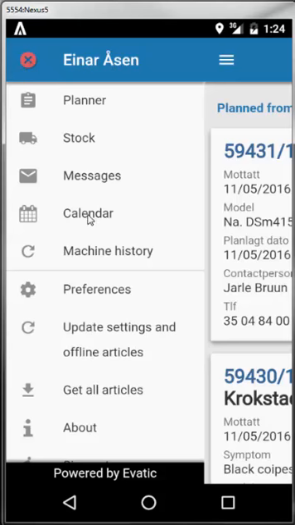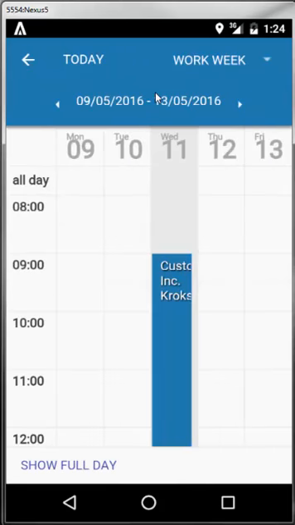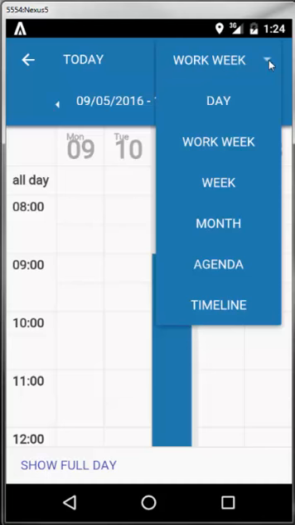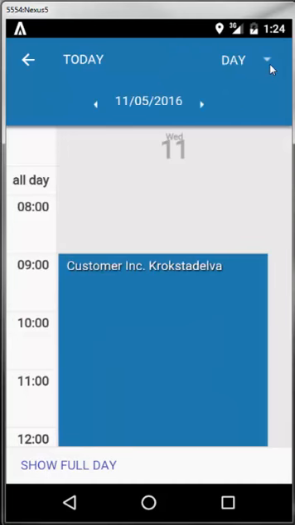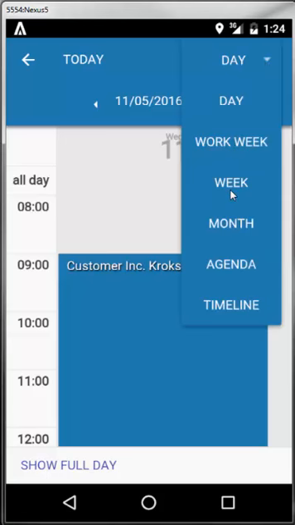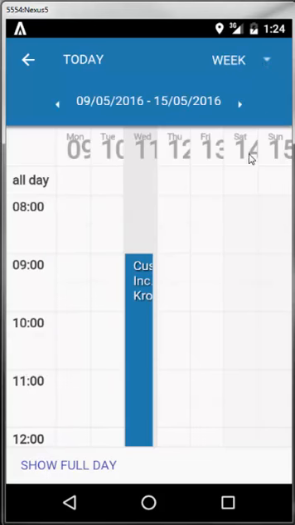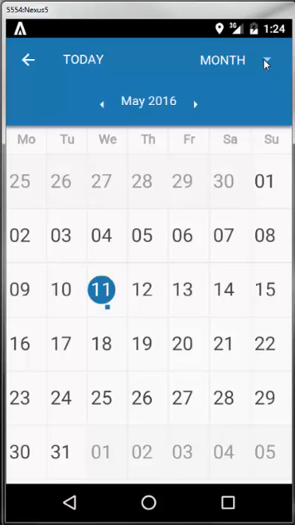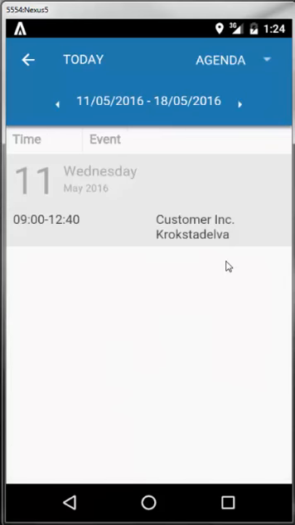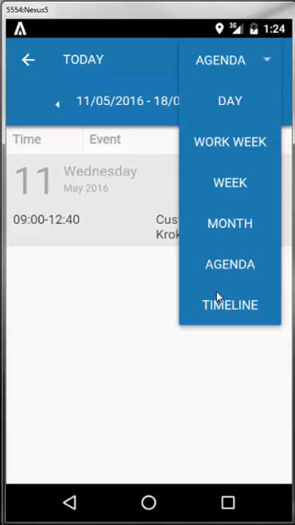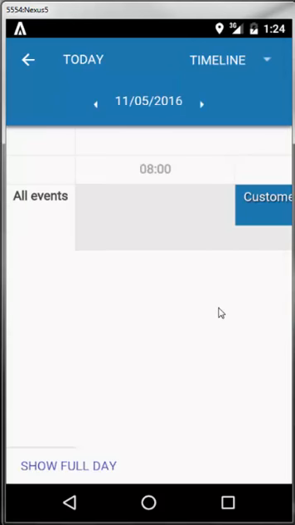We look at the calendar. The calendar is different. If you open the calendar, you now have different views. You can look at work week, day, week, month, agenda, and even timeline. These are the different views that you can do, and you can work in the calendar